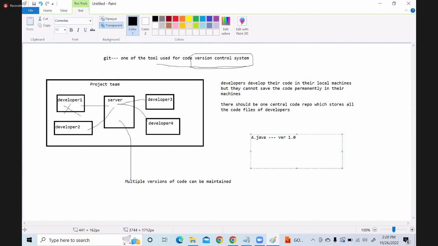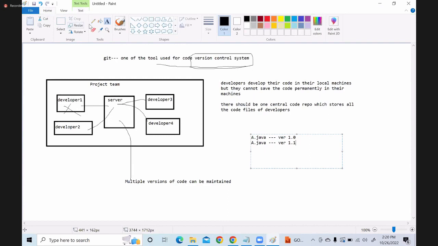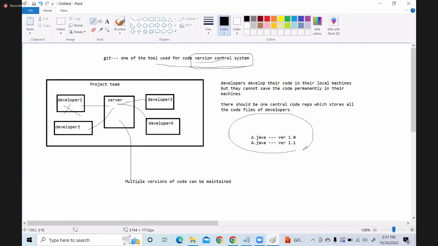Some new features come, so we update a.java and push again with version 1.1. Each version of the file is maintained by this code version control system. Each version has updated features, where version 1.0 is the base version, then 1.1. That is the reason it is called a version control system.